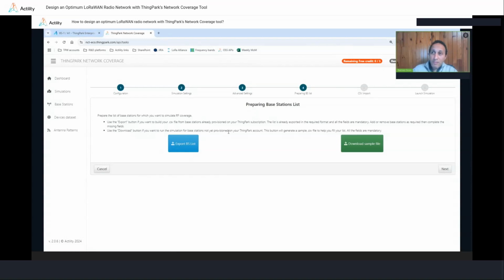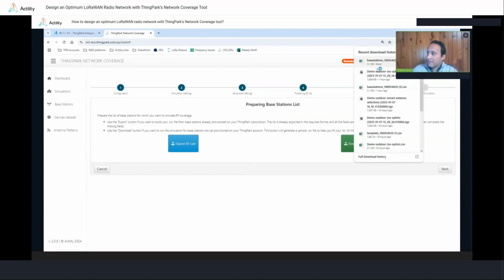Or you want to start from a blank page and you want to import the base stations you want by using a CSV file, for which you can simply download the sample file to know the structure of the CSV that you should import. But in my case, I will just do the simulation for the 35 base stations under my account. So I will export the list, and I will show you that the file will be already pre-filled in my case.